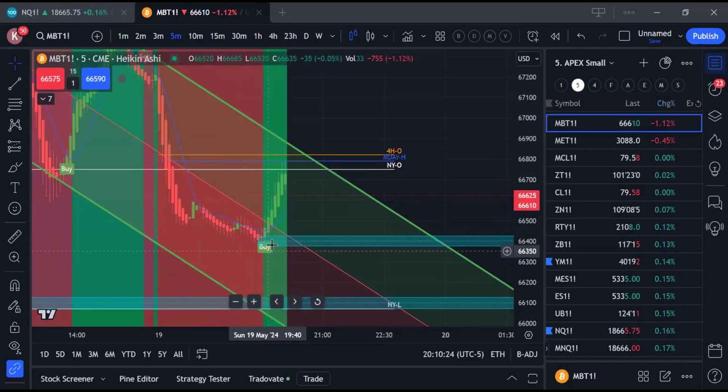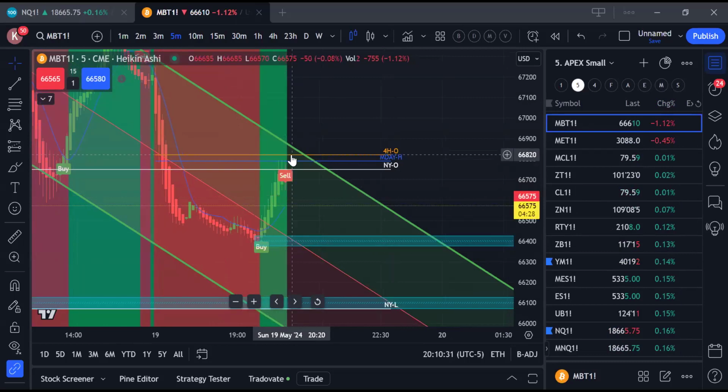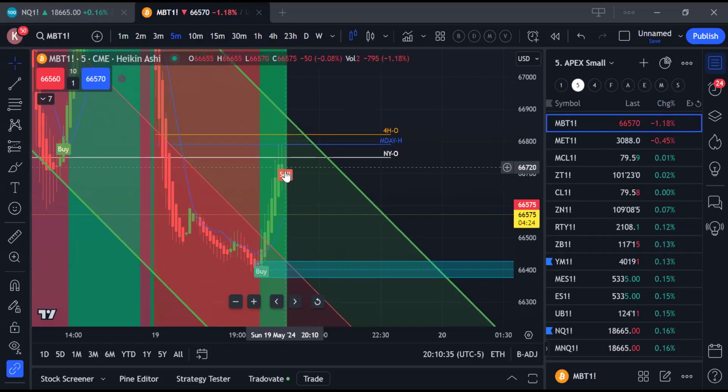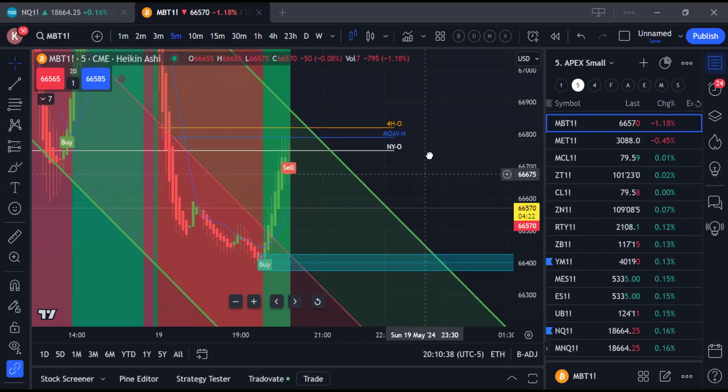Now we got a buy, but we are not taking it. Right here you have the Monday high. It may go touch that Monday high or the 4 hour open. Right, exactly, touch that Monday high. We got a sell signal. If this color turns to green,